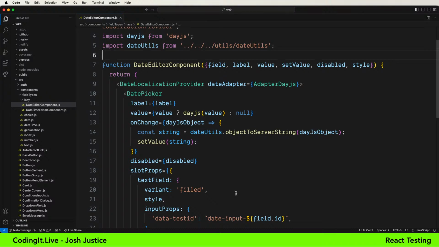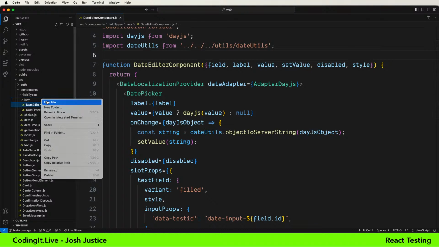The real functionality added by this component is converting the value on both ends from a string to a date object. So when I think about writing a test for this, I don't feel the need to test styling. That's not very useful usually to test in unit tests with React Testing Library. And I don't feel the need to test passing along of props unchanged. I will tell in using the app if that doesn't work. Really, if I make a test for that, that feels like just duplicating my typing. But the functionality I want to test is the value translation from a string to date and back. So let's write a test for that.